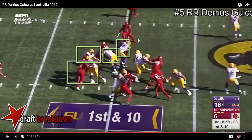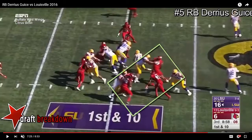He's got four defenders, really, 1, 2, 3, 4, who are all facing him, who are being contacted by a blocker. It means that they're going to have to disengage, turn around, and then begin to accelerate. So 4 out of the 11 players right there are pretty much not going to be in this play. There's 3 more who are behind Guice at this stage. 2 of them are engaged. So you're looking at 7 players already at this stage, if Guice gets through the line, who are unlikely to